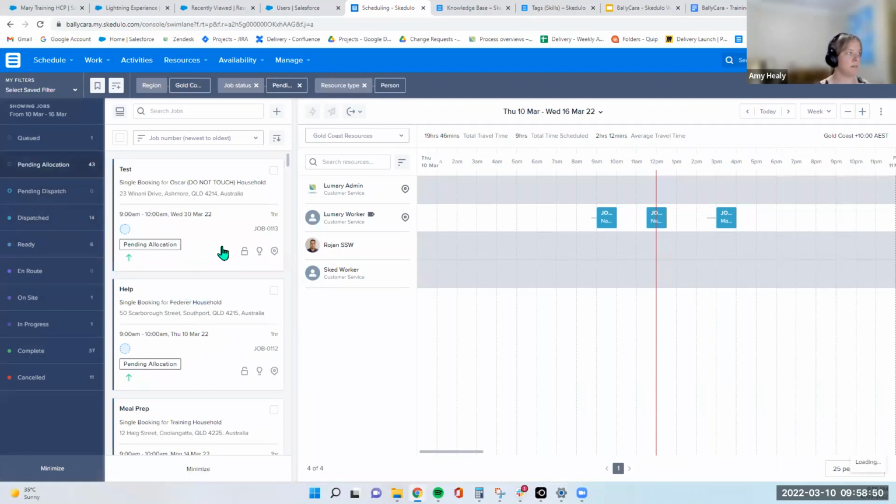Now, if we come back up to the pending allocation, these are all of the jobs that haven't been scheduled yet. And so this is where I wanted to show you,